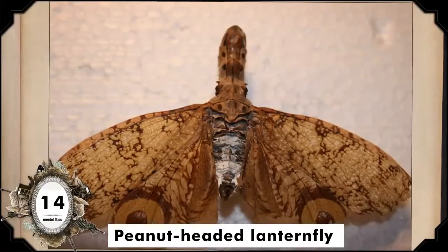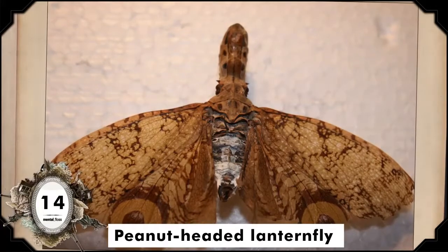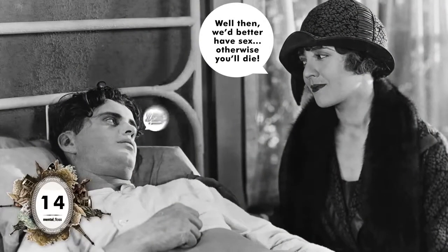Let's move away from mammals and talk about invertebrates for a beat, like this plant hopper, also known as a peanut head, because its head looks like a peanut. It's not entirely clear what they use this feature for, but there exists a myth that if you are bitten by a peanut hopper, you've got to have sex within the next 24 hours or you'll die. Which is funny because peanut heads don't have teeth, so...